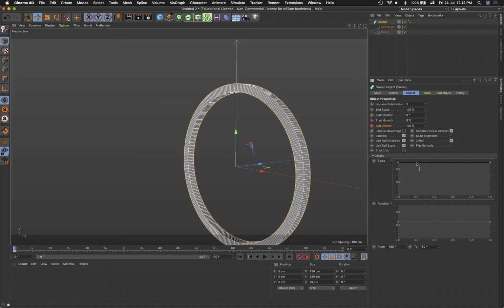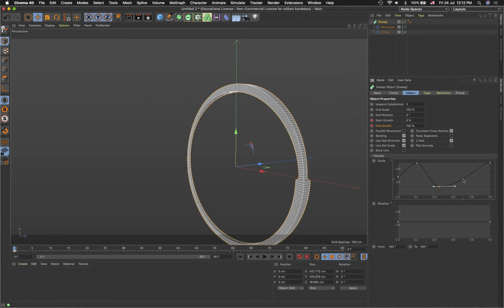If I double click here, or is it command click? If I command click, I can add points, and so that I can have variability. So reading this graph, this is the whole rotation of the object, and then along that object,